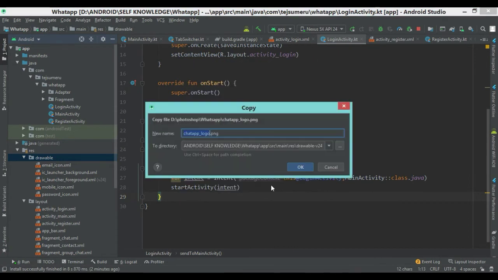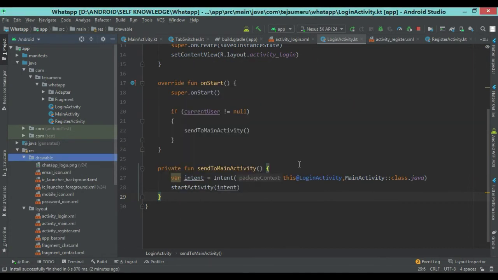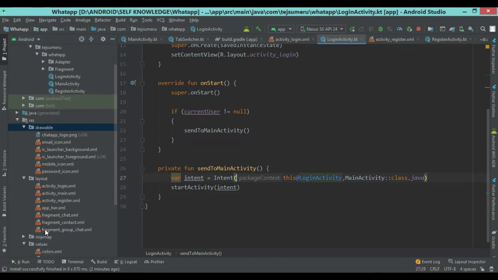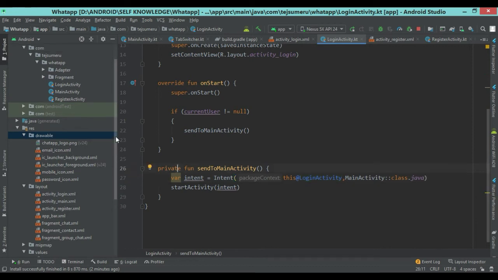Make sure that when you are dealing with the resource folder, all the file names must be in lowercase, and only underscore is allowed. No other special symbol is allowed. So make sure of this.